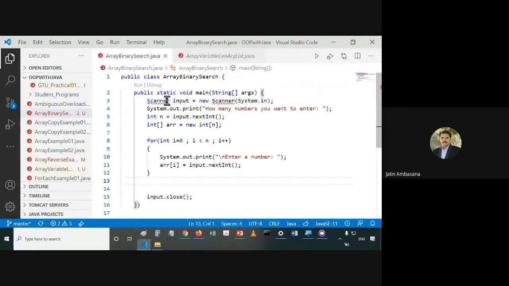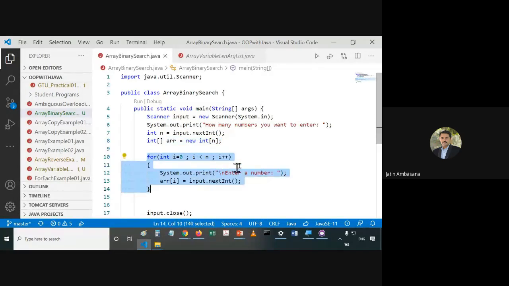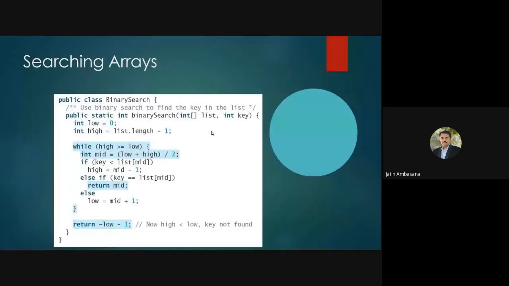Okay, so here we have this: see how many numbers you want to enter. For that many numbers the array is created, and then we read the numbers from the user. Okay, and once we have populated it, now what we have to do is search a